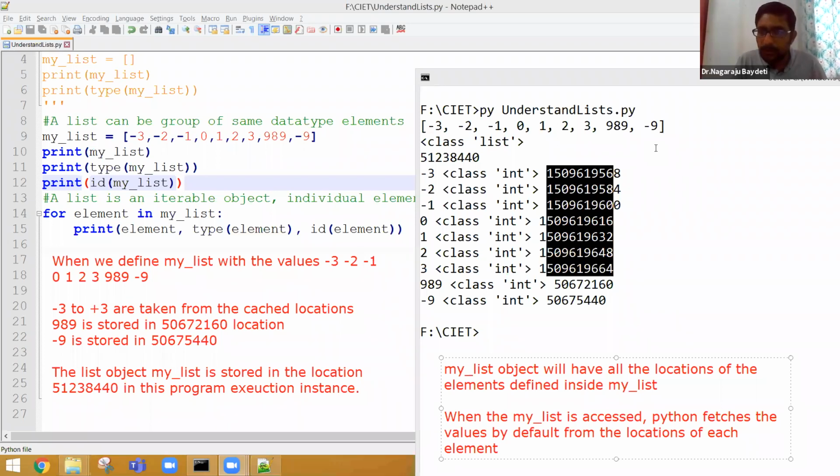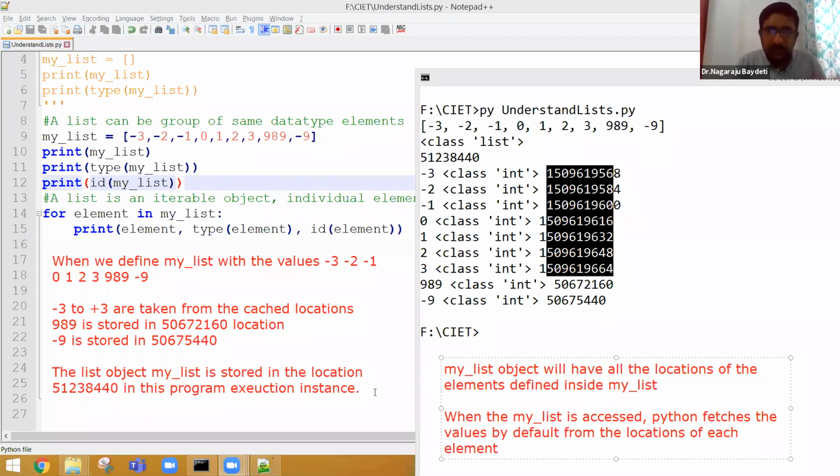Let me now go to a different point. Subhash is asking, can't we use multiple data types? I have not come to that point, Subhash. Then KS Chaudhary is asking, what will happen if we give a repeated integer in the list, and is the memory address the same? It's a good question. Let me tell that.